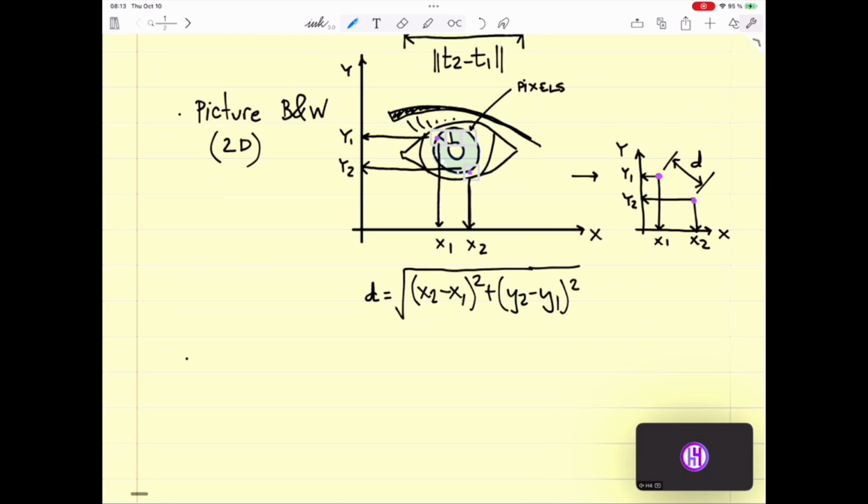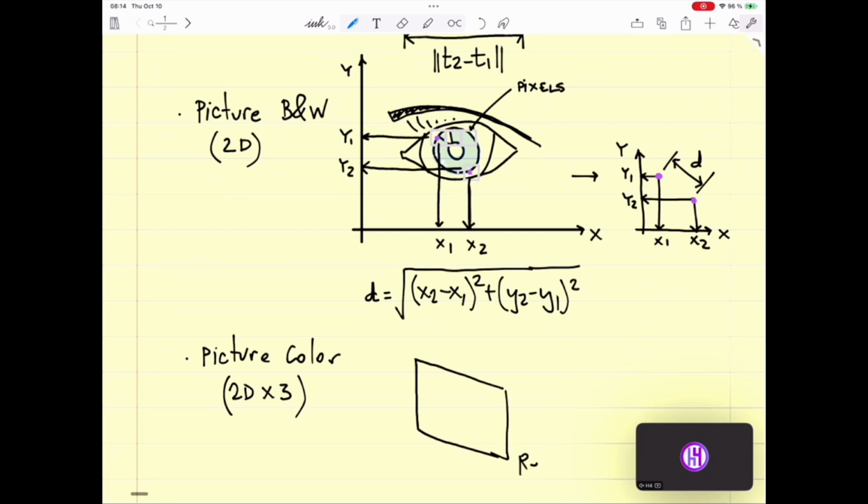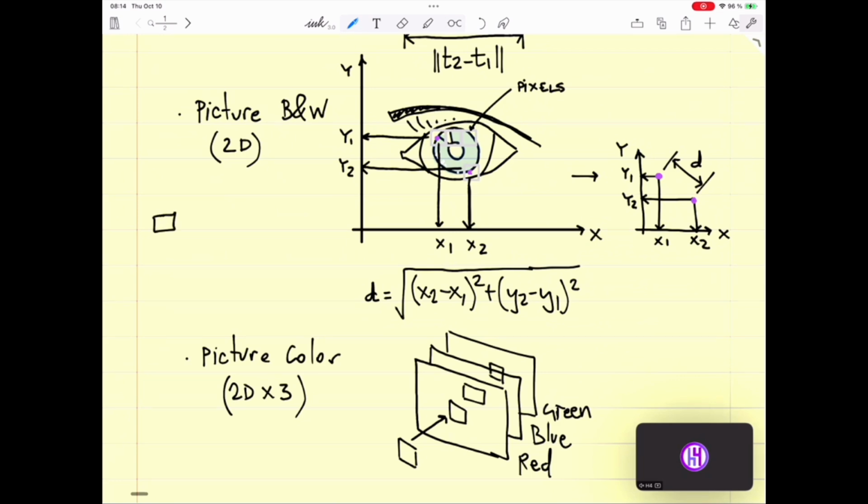So, also, if you find a picture in color, this is not only 2D, this is 2D times 3, because we have one channel which is channel R, the red channel, the blue channel, and the green channel. So each pixel that you see in reality is 3 overlapped values on 3 different layers. Okay, these values, by the way, each pixel takes a value between 0 and